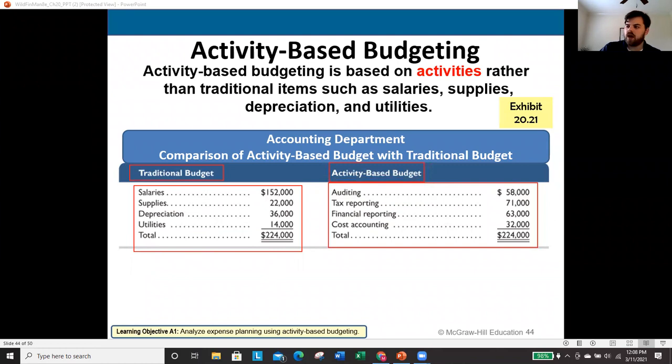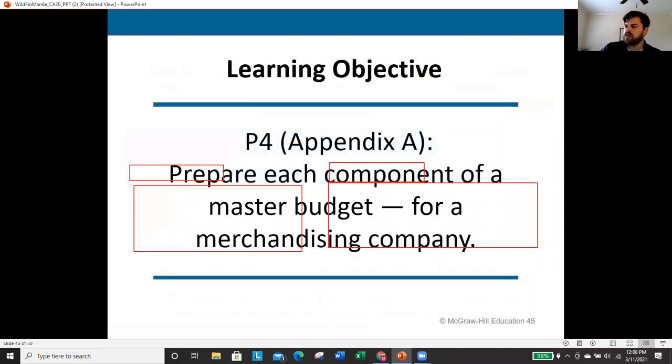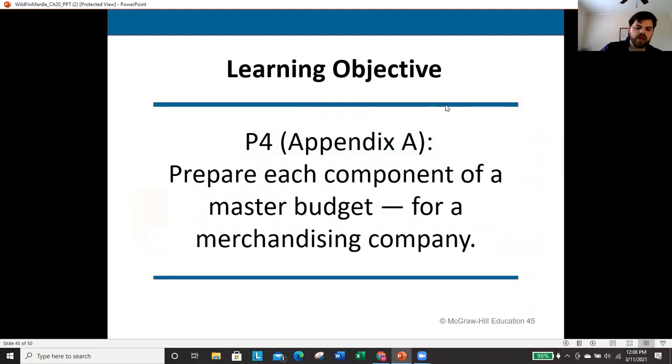Very good. And with that, we have reached the end of our discussion here on chapter 20, because the rest of this actually deals with the appendix, and I'm not going to require you to spend a great deal of time here. If I need you to understand anything covered in the appendix, we'll deal with that in class. And so certainly be willing to do that.